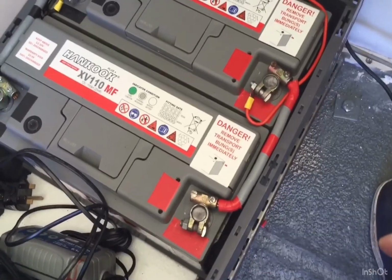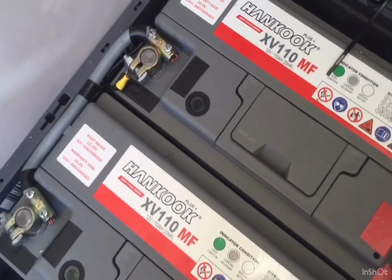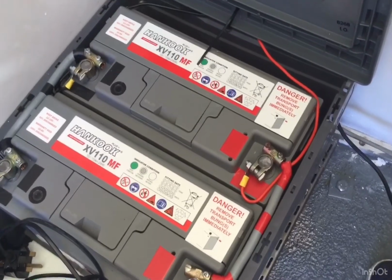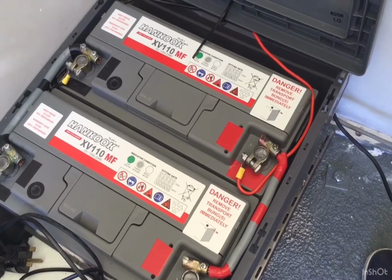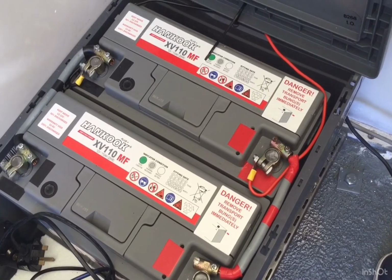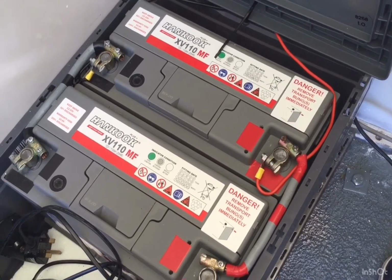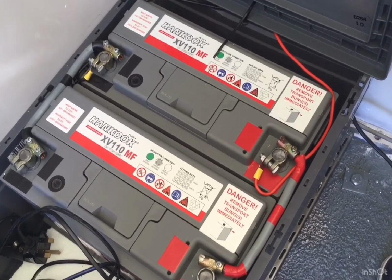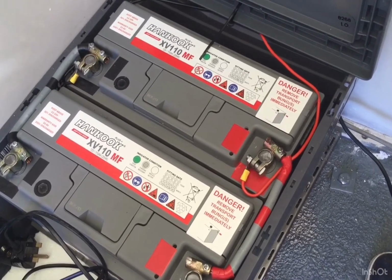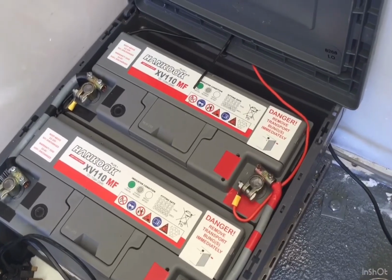Currently I've got a supply coming off, a little red cable and a black cable. It looks tiny in comparison to the 25 millimeter cross section wire, but it is actually about 4 mil cross section, so it'll take quite an ampage. It's about equal to what you would have on a HF radio, the same thickness as one of those, so it should handle 30 amps easily. That's currently feeding the trailer 12 volt lighting system, and what I'm waiting for, after watching Callum's video, the DX Commander,